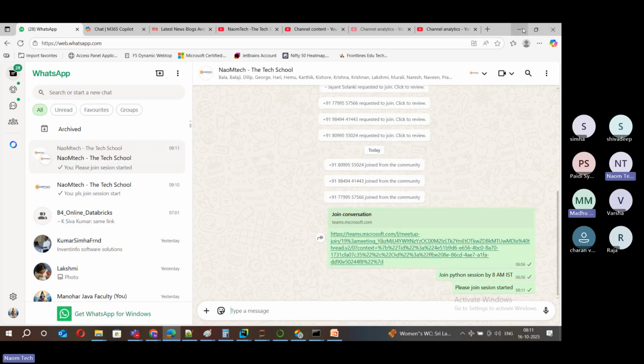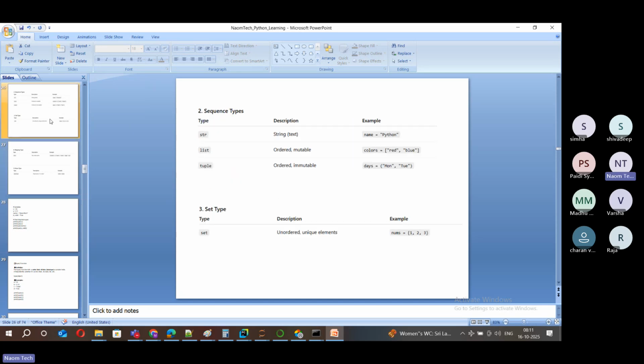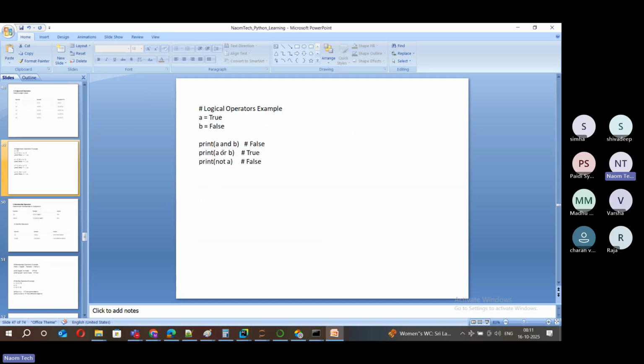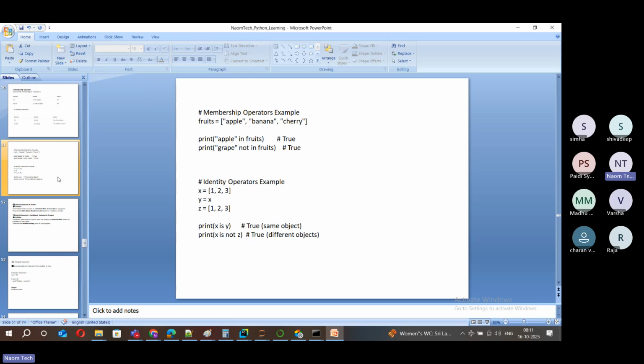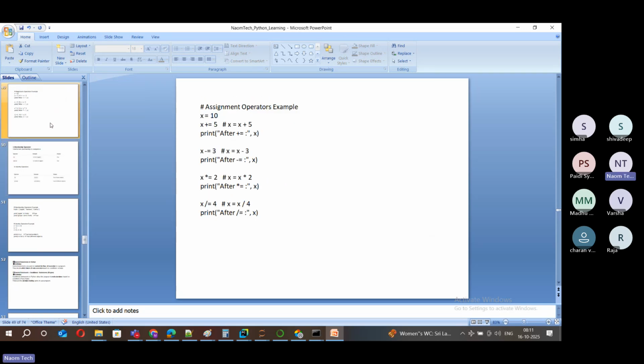Okay, let's get into the discussion now. So, how to build a simple program, and we did some operators even yesterday. If you remember, the operators topic was discussed, and different types of operators. In that, we had seen some simple small programs. So now I'll start with the basic understanding of how to build a simple code. At the same time, we will try to cover a few more operators, assignment operators, and then